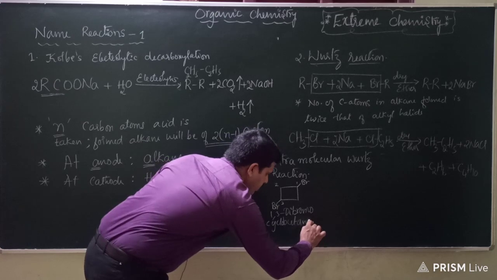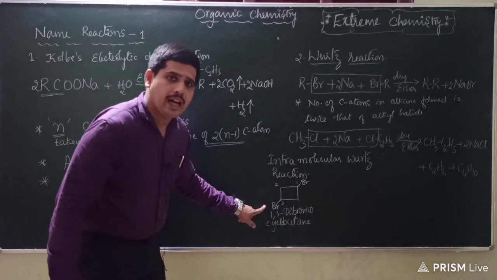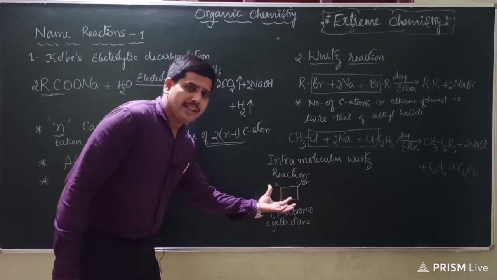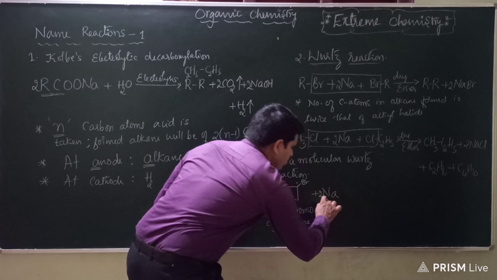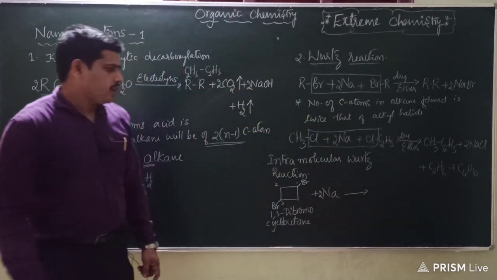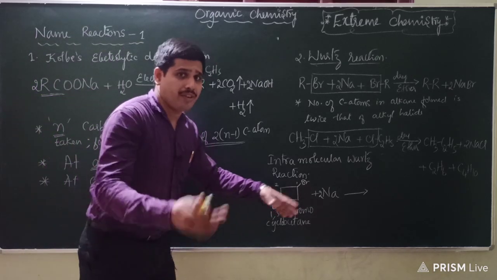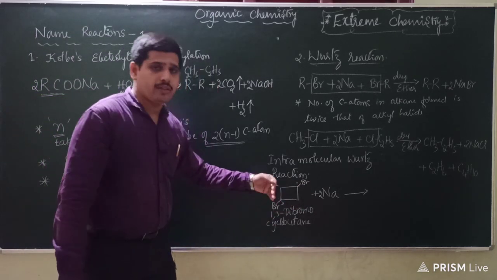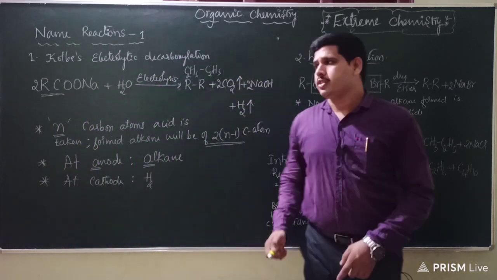Cyclobutane I have taken, and since it has 2 halogen atoms in the same compound, now when this is treated with sodium, 2 moles of sodium, can you tell me what is the product? Same question, which is again important, asked in a different way in the competitive exams. Instead of bromine they have given chlorine. That's it. So what is the product going to form here?